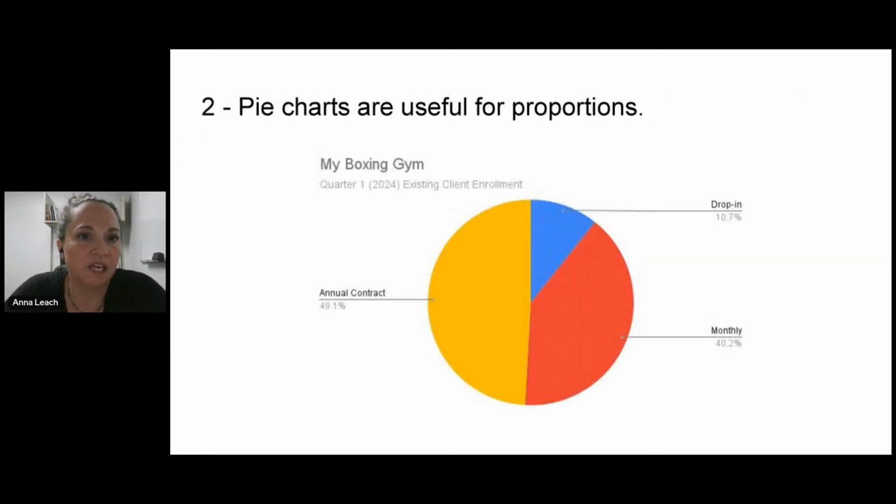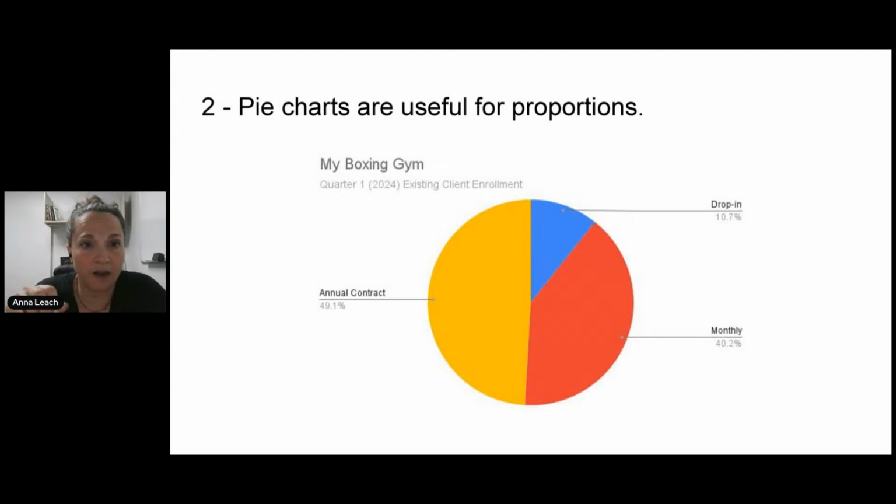One example could be a pie chart. Pie charts are useful for proportions. Whenever I need to show and allow somebody to quickly estimate the proportion of a specific category, I use a pie chart. So if the goal here was to know the proportion of my clients from my boxing gym that